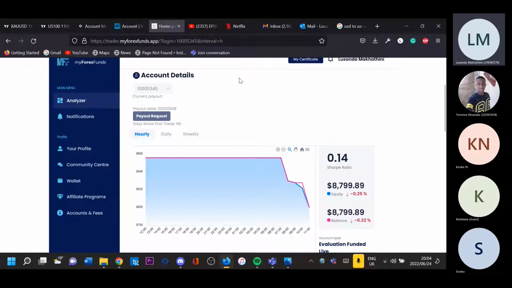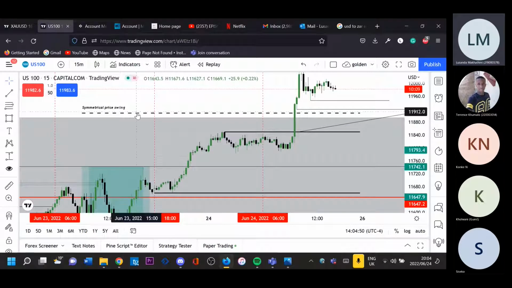Just keep it moving, because if you start focusing on the negatives all the time, when it comes to trading you're going to lose all your faith in trading. You're going to think that this thing does not work, but it actually does work. For me, it was more of proving a point to myself, and when I proved that this thing actually works, I can safely say trading changed my life.